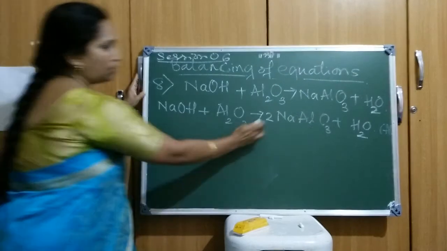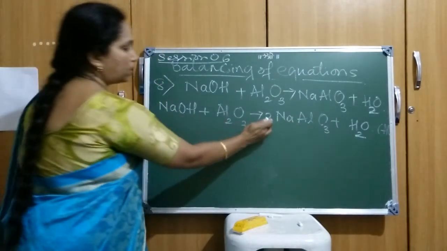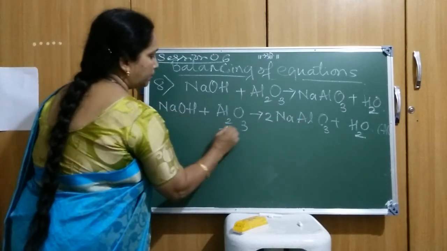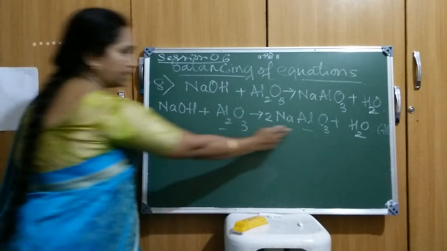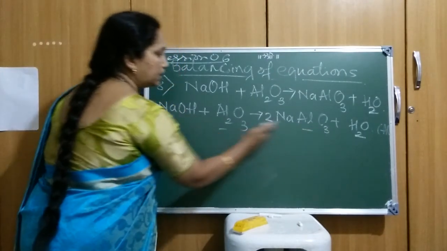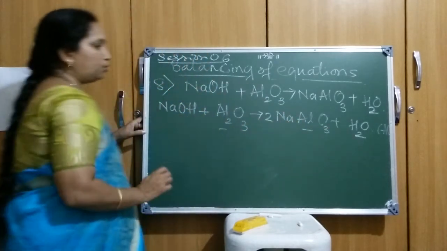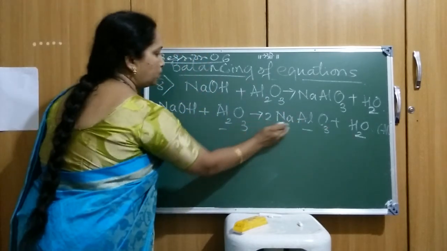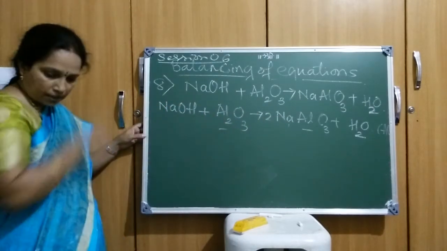Okay. So as I have balanced the aluminium over here, that means what? Aluminium here 2, aluminium here 2. So aluminium it is balanced over here. So what is left out now, when I changed over here the coefficient, is the oxygen as well as sodium I have to balance. Sodium as it is a 2 over here, I'll write down in the next step to balance that one, the 2 sodium, right?